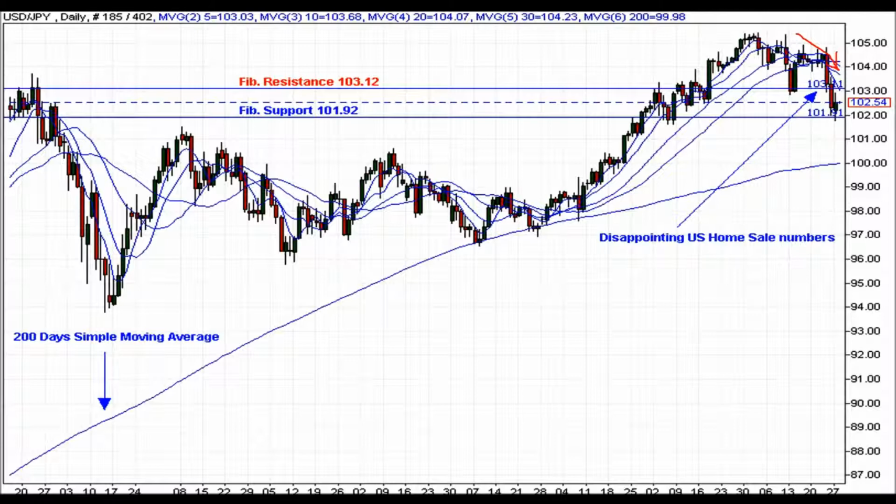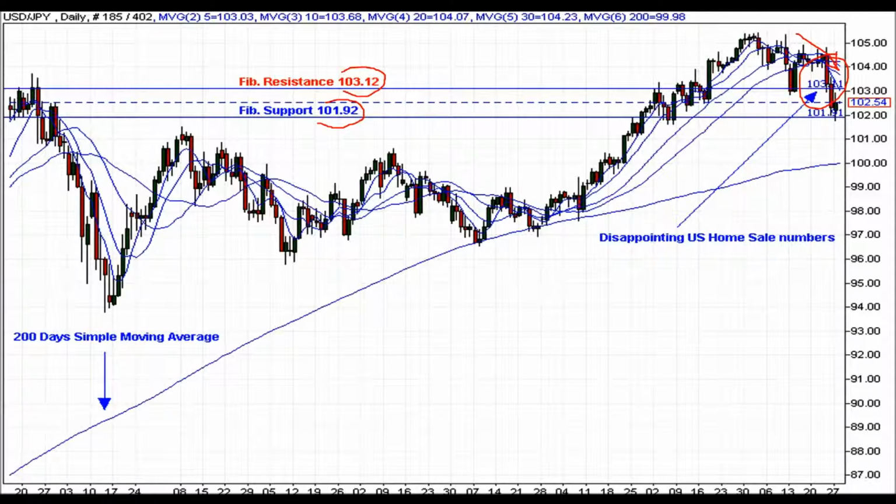The analysis of a collection of technical indicators on the 5-hour interval on the dollar-yen market suggests a temporary bearish market sentiment and recommends short positions on the greenback. The 5-hour chart established short-term Fibonacci resistance at 103.12 and Fibonacci support at 101.92. In accordance with those short-term moving averages, the dollar-yen opened today's Sydney trading session below the 5, 10, 20, and 30 days simple moving averages, indicative of a bearish market sentiment building into the pair's trading outlook on the technical front.